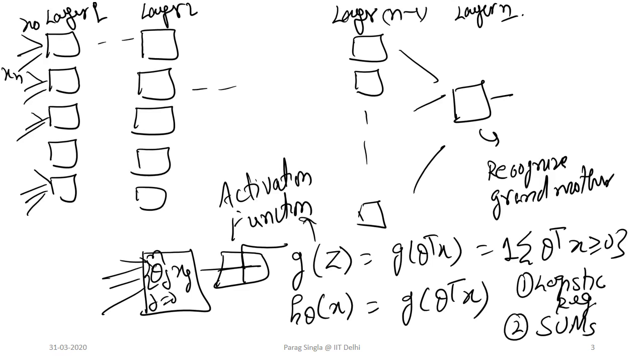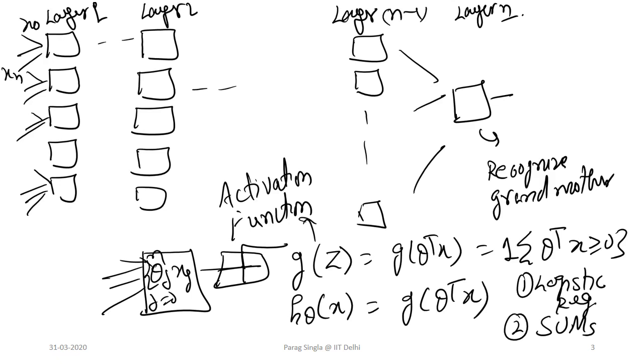So this is, let's say, layer 1, which gets all your inputs. Each of these perceptrons in layer 1 will get all your inputs from x0 to xn repeated, right? And then layer 2, whose inputs will be outputs of layer 1, right? And then up to, let's say, layer n minus 1, which is the penultimate layer. And finally, these might go into the final layer, which is your output layer, which we can refer to as